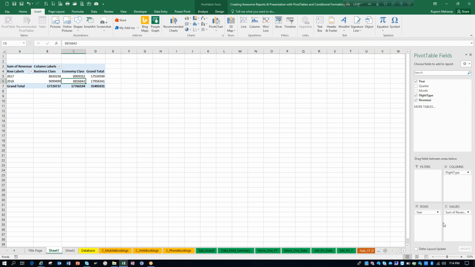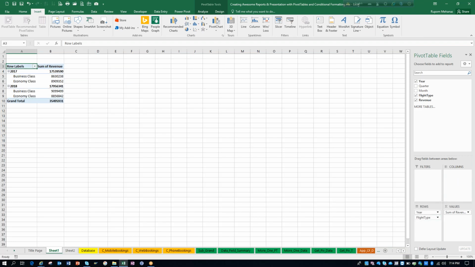Now I will shuffle the information. It is very easy to do this. I will just drag the flight type under year, so that we have the flight types over here, so you can understand in which year which flight type makes what amount of